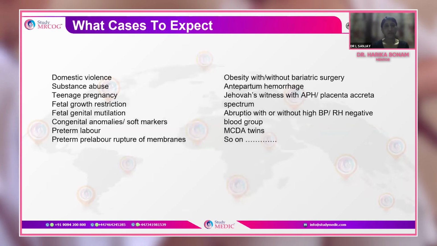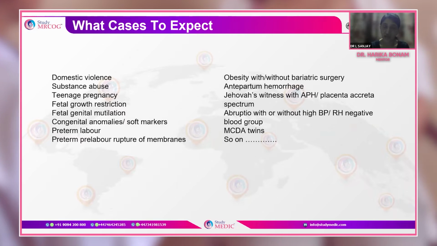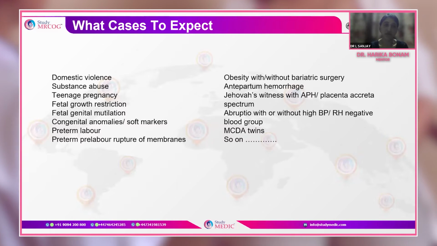So the most important cases we can expect in the antenatal care module, it is a very vast module. Most commonly we see domestic violence, which can be a part of another module as well, because most of the time it is a hidden agenda. That's why I'm making this first in the list, because if you don't ask the history of abuse or any serious abuse by the partner